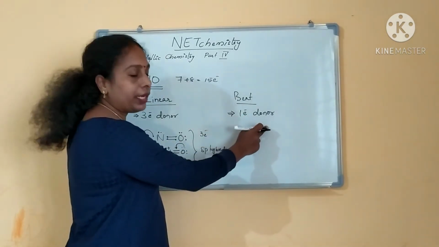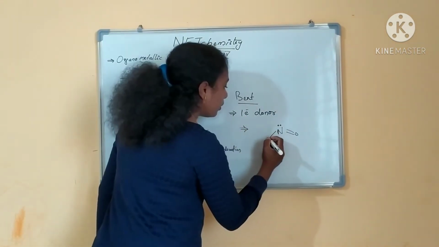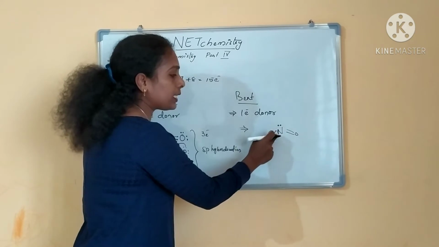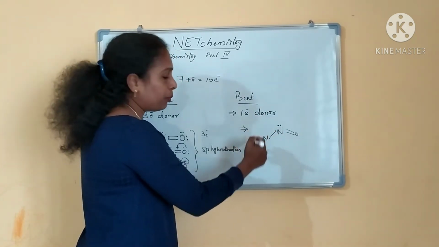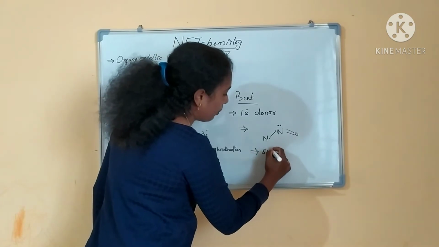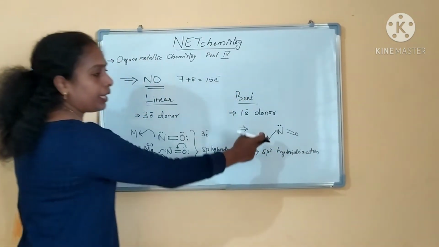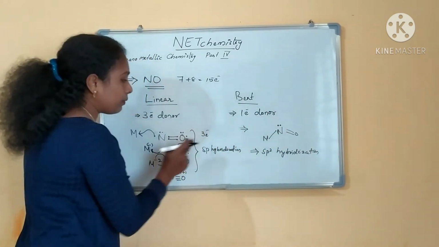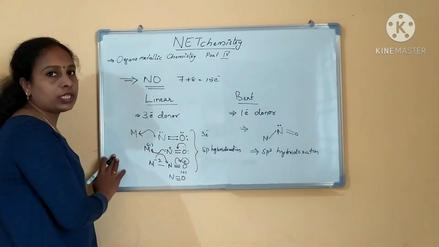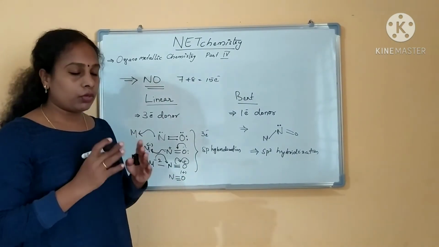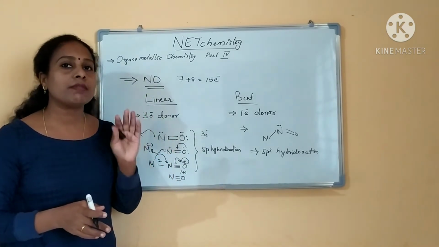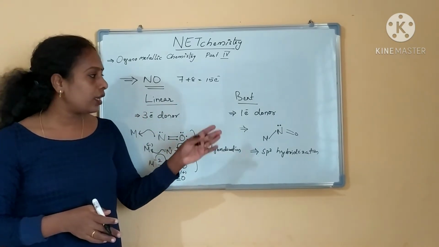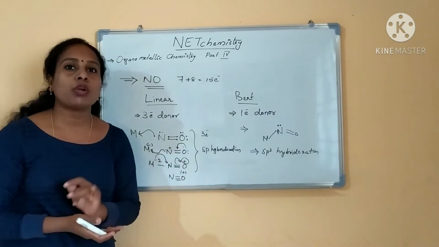But coming to the bent nitrosyl case, what will happen? In the case of bent nitrosyl, only a single electron will be given to the metal, forming a bond. So this will be sp2 hybridization, okay? Bent nitrosyl gives only a single electron. If it is the case of linear nitrosyl, all the 3 electrons it will give to the metal. This is how nitrosyl will behave. And if you see a question paper, if it is simply nitrosyl it will always be a linear nitrosyl complex. Bent nitrosyl complexes are not formed to a great extent. Always 3 electron donor linear nitrosyl complexes are formed.